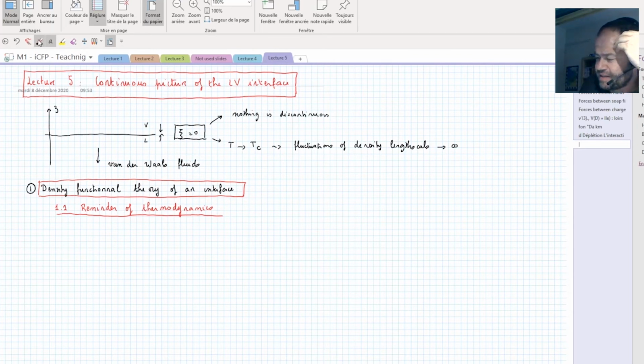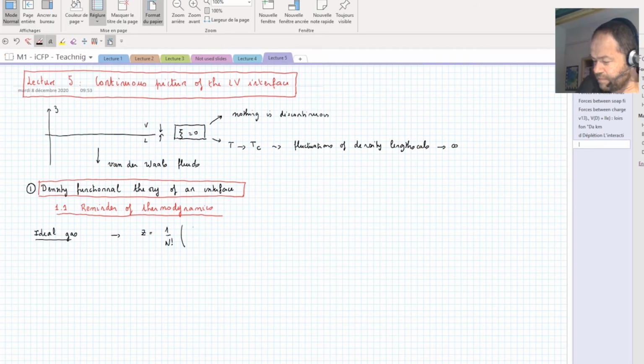The idea is that we want an equation of state for a system, and let's say that if we have an ideal gas, then you know that the partition function Z will be something like 1 over n factorial times V divided by the thermal de Broglie length to the power 3, to the power n,